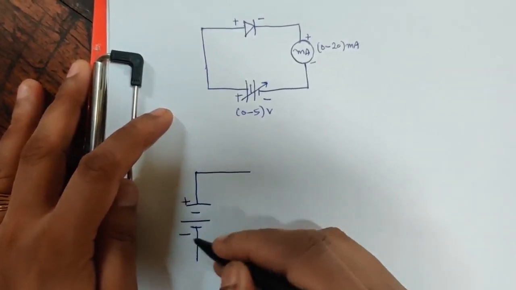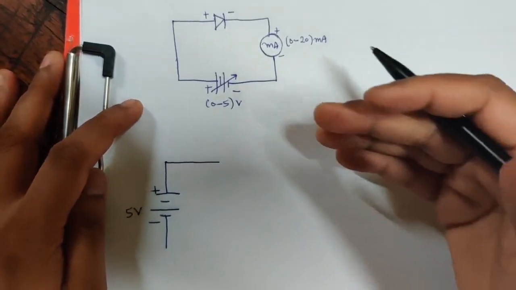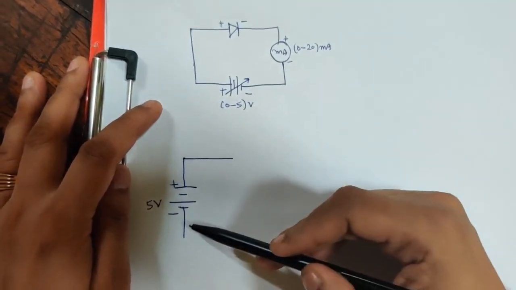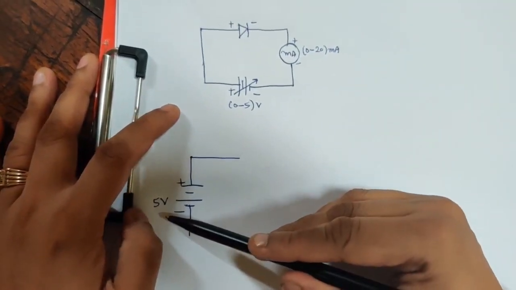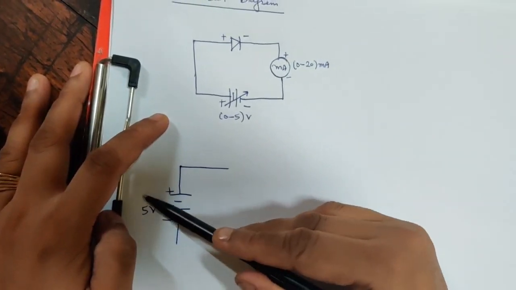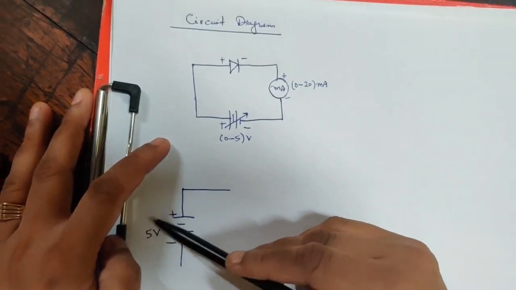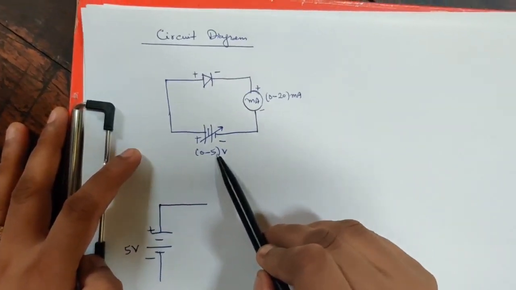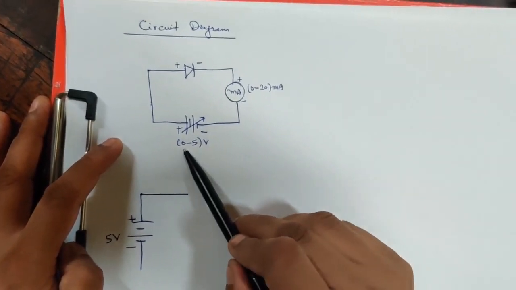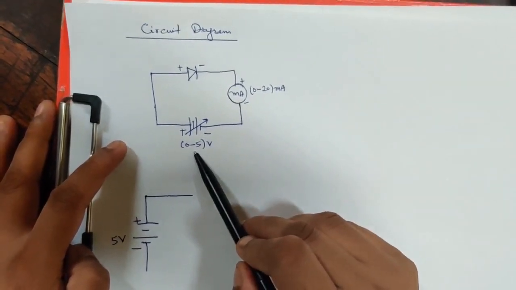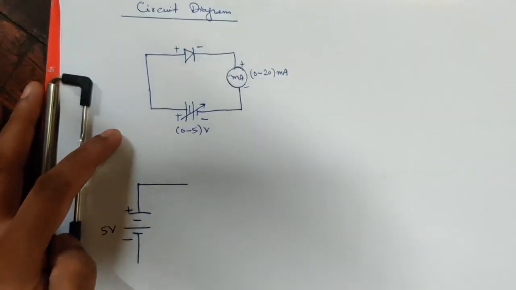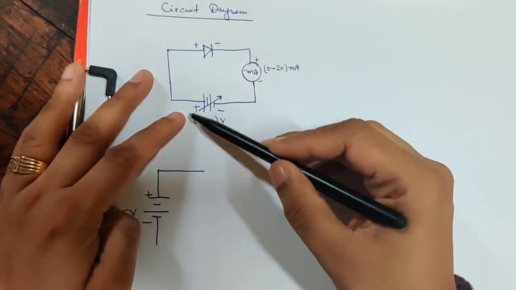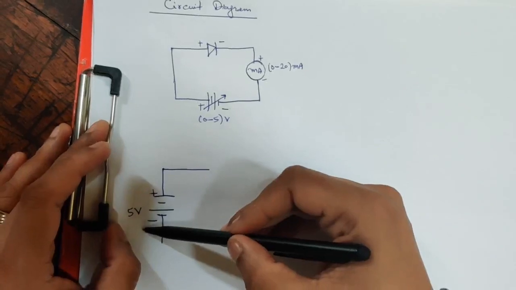This is fixed, okay. Remember, we used to make some mistakes and confuse what is called variable supply and what is fixed, right? Fixed means which we cannot vary. It is a completely fixed voltage. It is showing 5 volt, either 0 or only 5 volt. But if it is variable, then you can vary the voltage with some least count, 1, 2, 3, or 0.1, 0.2, 0.3, or 0.01, 0.02 up to 5, right? So there are two kinds of things. If in the laboratory it is available, you can use this, and you can also use this.